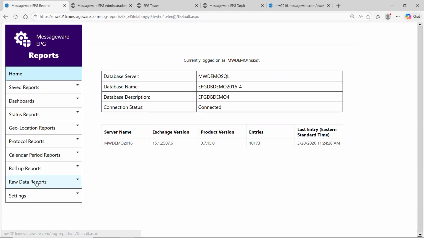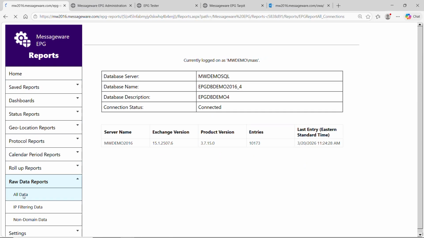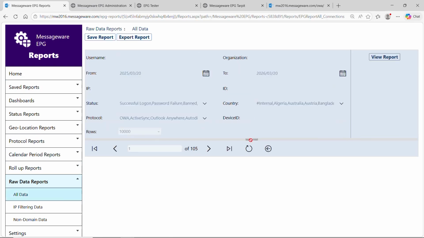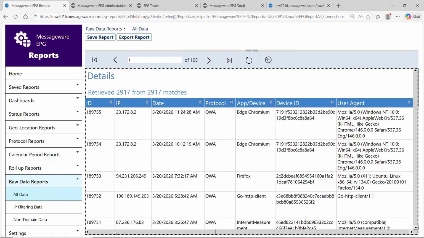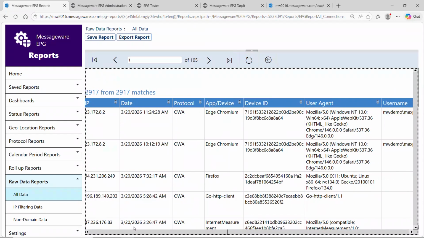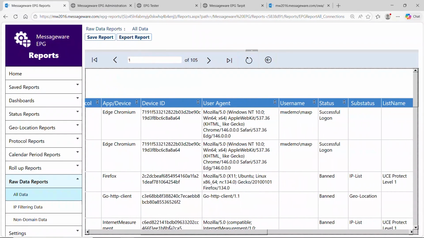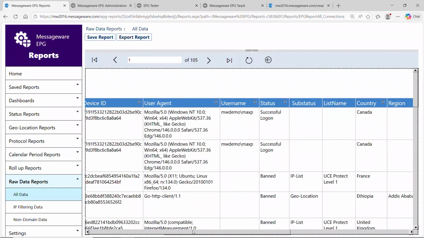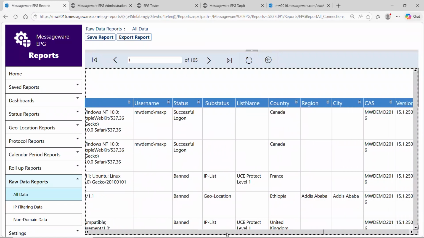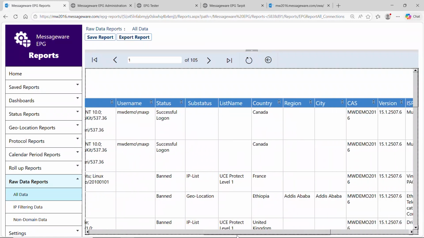Let's look at the basic data record we're collecting about authentication. You can see for every event, we give it an ID, we have a source IP address, the date, the time, the protocol, the application, the device ID, etc. Lots of information is logged as it comes in through authentication to Exchange Server, including username, country, region, city, and some domain name information, and the server that this particular authentication event occurred on.